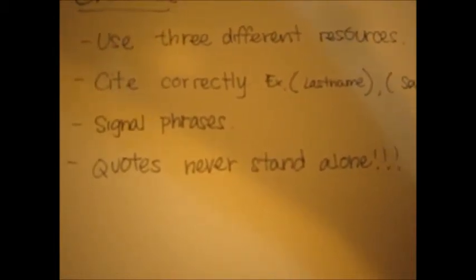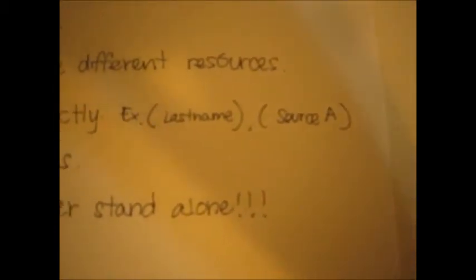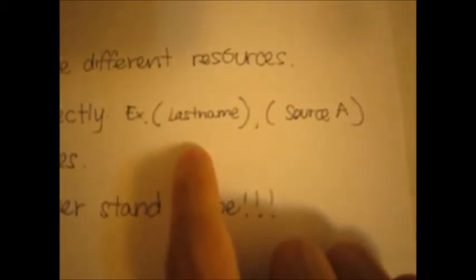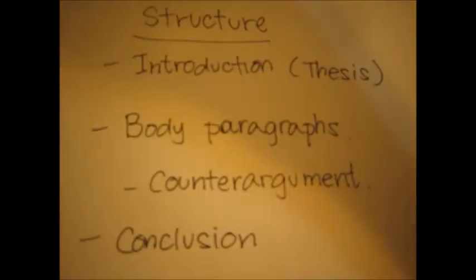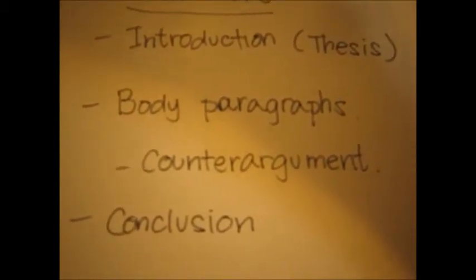Then you end the sentence with your period, and now after that you need to cite your quotation in this format, these parentheses. That was a brief explanation of how to write a body paragraph,